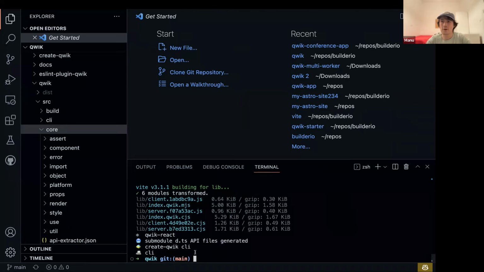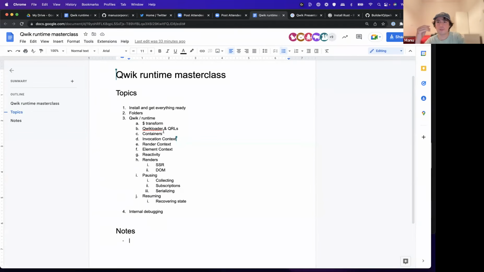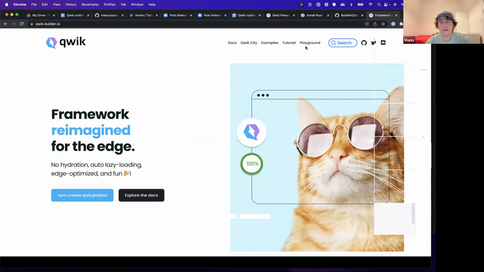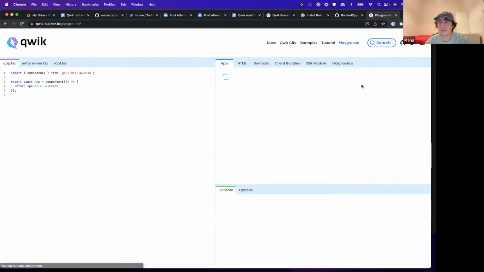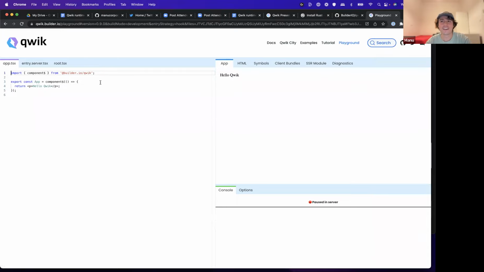Okay. So I was thinking today about what the most logical part is to explain. I think it's important to first explain what the main transform that Qwik does is, because from there the runtime tries to implement all the different aspects of it. So in Qwik, we have this playground that Adam built in a weekend. Doesn't mean it's bad, he's just a very fast developer. And here we have